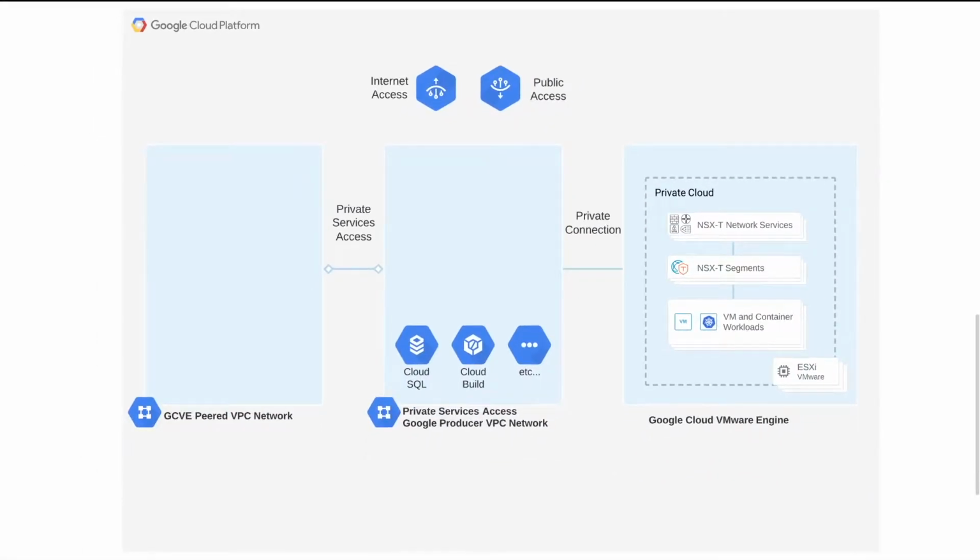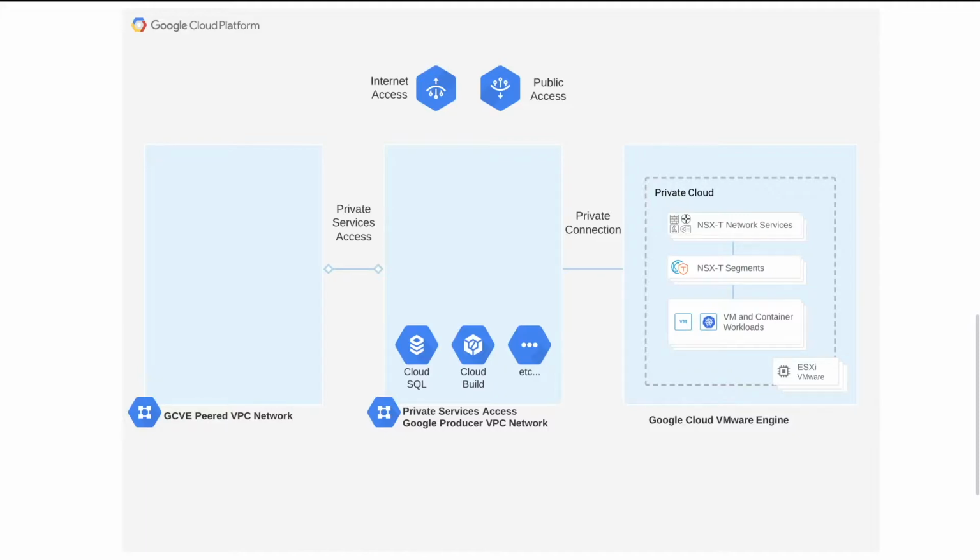So first, let's talk about what you've already deployed. I expect that you've got an existing VPC network, in this case, the GCVE Peered VPC Network. You've configured private services access to Google Managed Services, and you've established the GCVE Private Connection to your Private Services Access VPC network. You may already be consuming Google managed services like Cloud SQL or Cloud Build via private services access, but Filestore is not deployed in the same private services access VPC network, and this creates a few nuances for GCVE. Instead, Filestore is deployed in its own Google managed VPC network and requires its own private services access